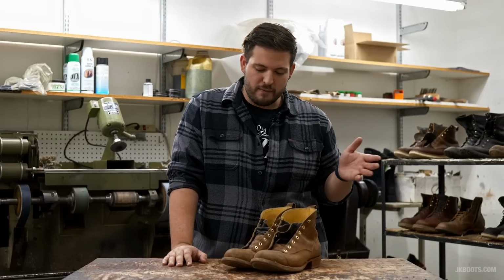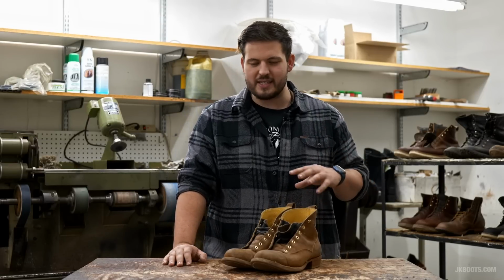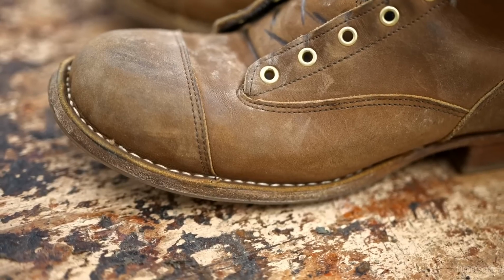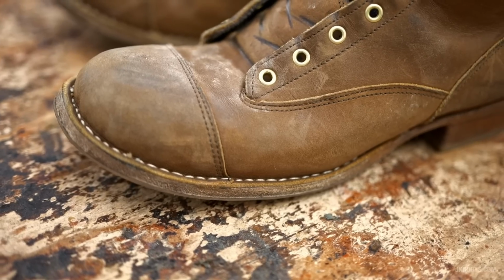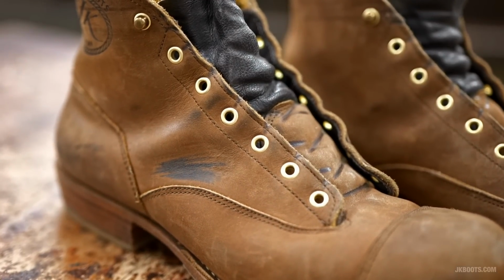I kind of wear them from time to time. Haven't really worn them too much. I think the reason was just because I had other boots that were a little more dirty and just kind of were so broken in, and I kind of kept putting these aside. Like I'll wear them out or something, and I just never did that, which I should. I should bring them back into rotation. But these are actually an 11 double, no, they're an 11 double E in the smoke